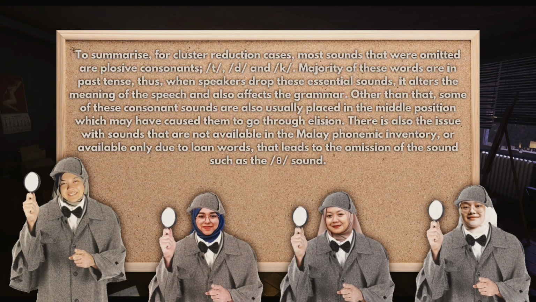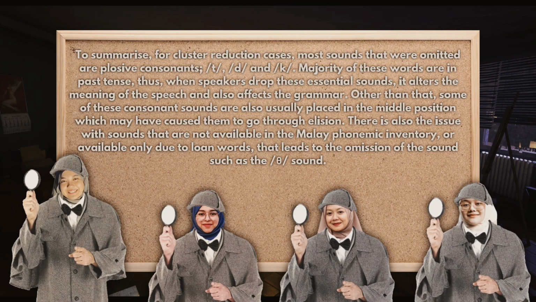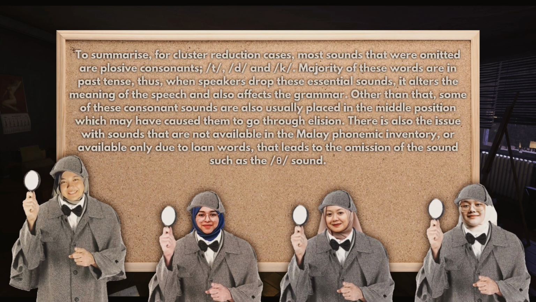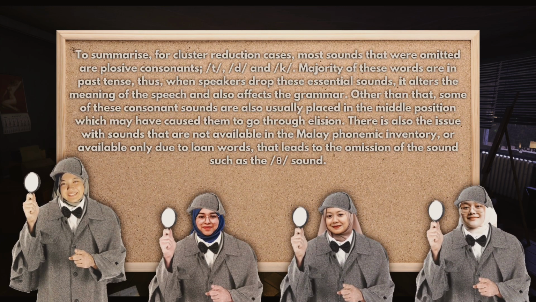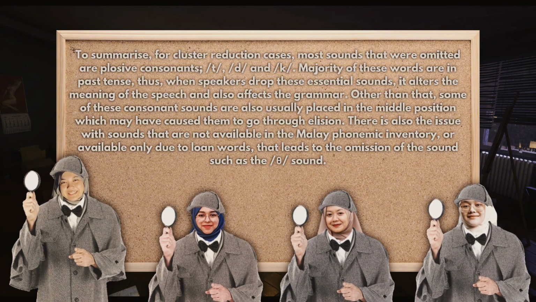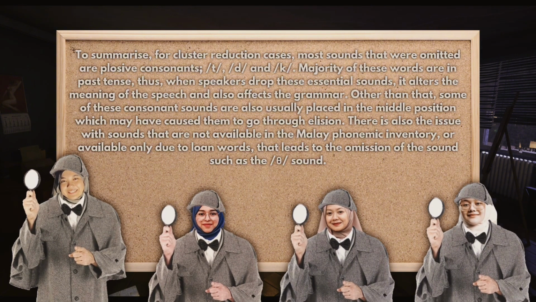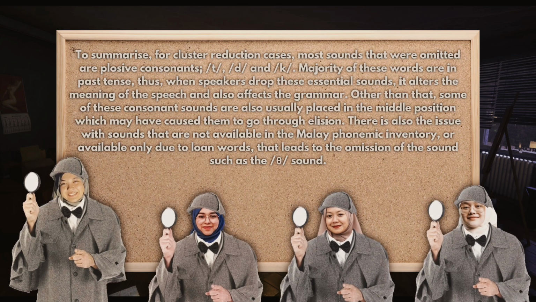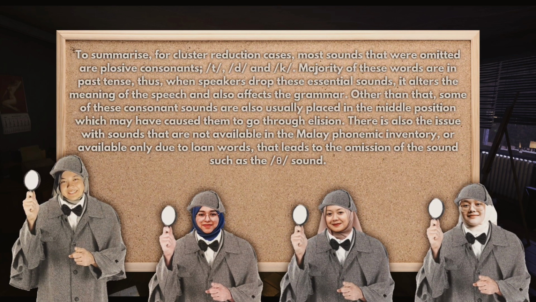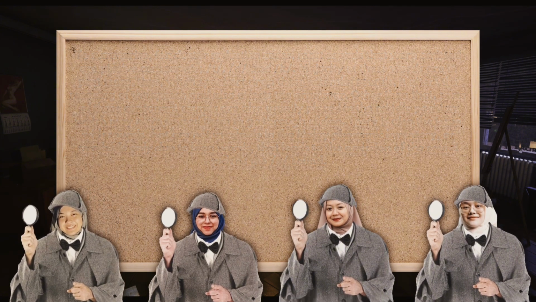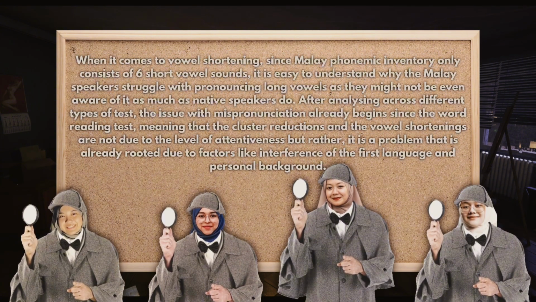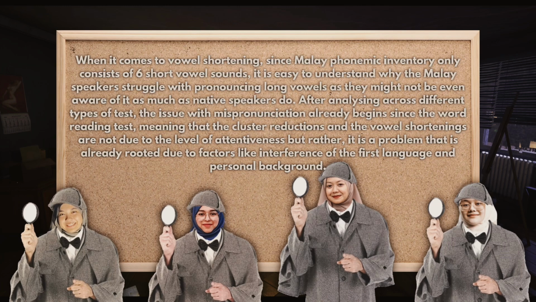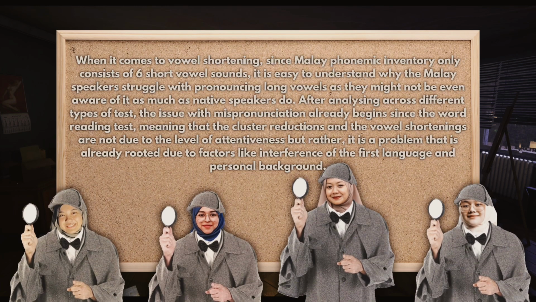Other than that, some of these consonant sounds are also usually placed in the middle position, which may have caused them to go through elision. There is also the issue with sounds that are not available in the Malay phonemic inventory or available only due to loanwords that leads to the omission of the sound. When it comes to vowel shortening, since Malay phonemic inventory only consists of 6 short vowel sounds,